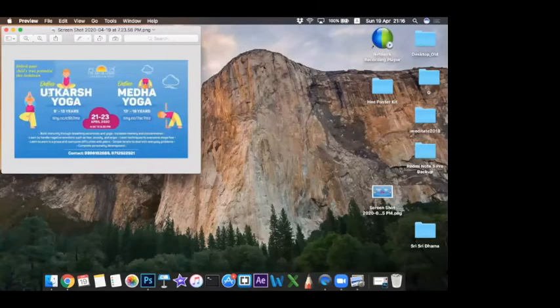Now there are multiple elements in this. There is a text, Utkarsh Yoga, Medha Yoga. There is online written in another font. There are these kids images. There is this cloud. There is a text, the date, written on top of the cloud. There is our Art of Living logo. There are various benefits written down here. And you can see below the Utkarsh Yoga a shadow kind of thing. And this link is also in kind of a capsule, right? We'll start off with, let's say, Utkarsh Yoga.